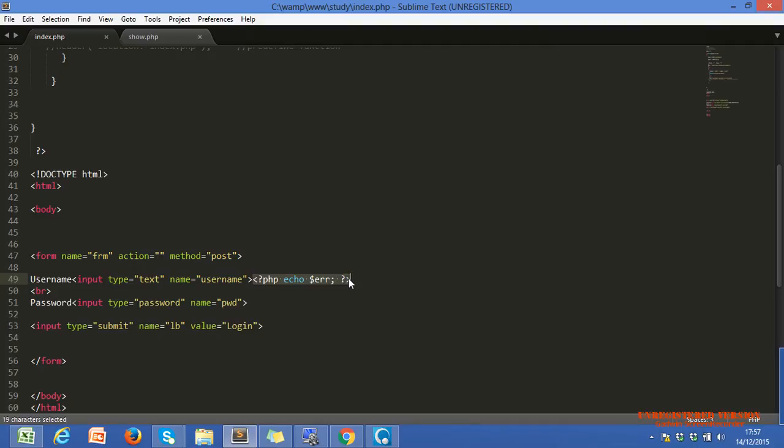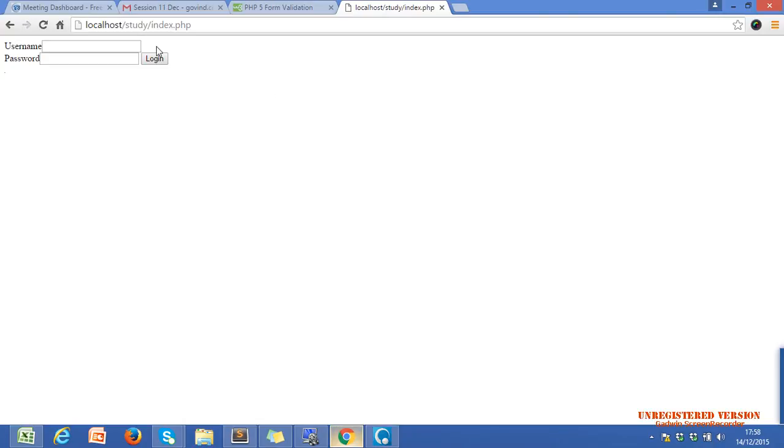Since we are not going into the if condition, what is the value of $err, Rakhi? It's blank. So it prints our variable's value every time, but on every refresh the value is blank, so there is nothing in this place. Okay, now let's see the next condition.